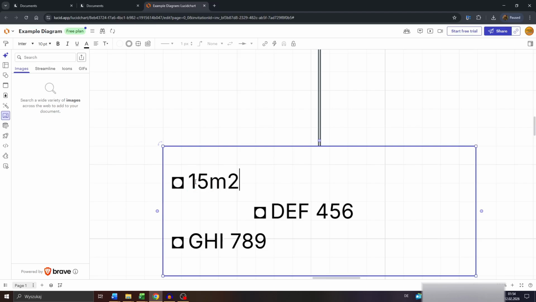Now, if I enter the 2, it will not look like a square meter. So you would need to convert this either into a superscript or a subscript. To do this, highlight the number, navigate to the text options to the top left and select this option here, subscript or superscript, depending on the one you would like to go with. So with a superscript, it would look like square meters, but you can also select